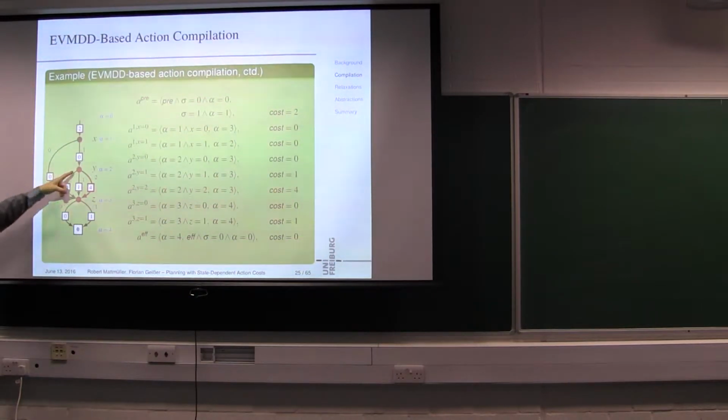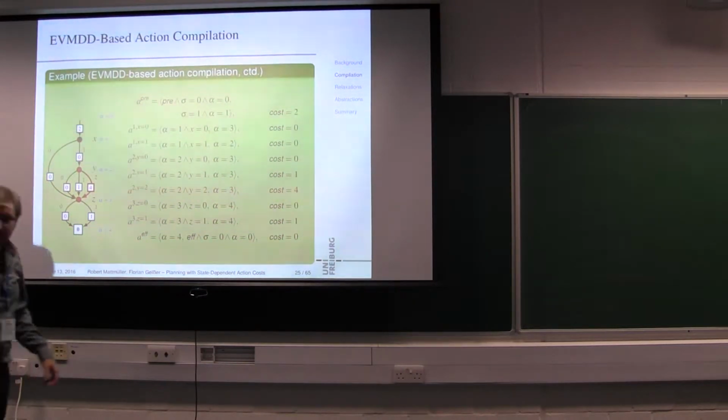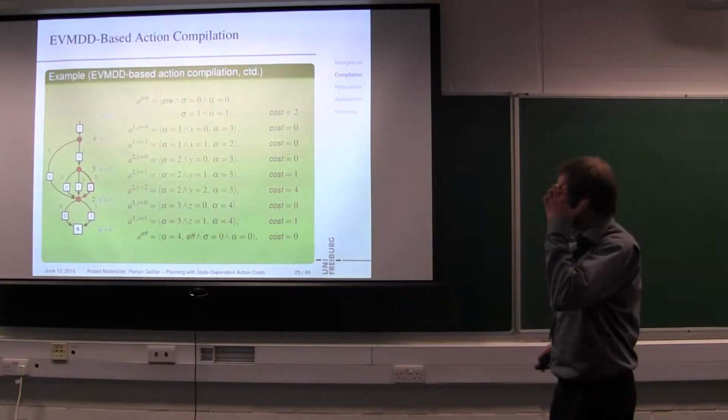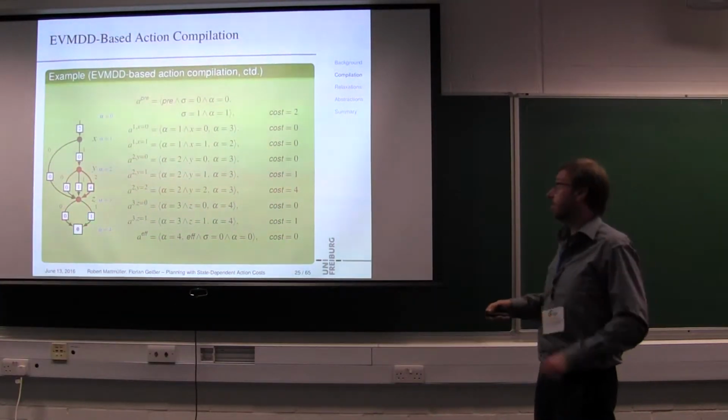Okay, and now, for example, this arc here, where y is tested, where it has to have value 2, and where this action contributes partial cost of 4, becomes this action. We test whether we are here at this test point, plus 2. We test whether y has the right value, equal to 2, and we assert that afterwards we are here at this point, and the cost of this action is 4. And you do the same thing for all the other arcs in this decision diagram,